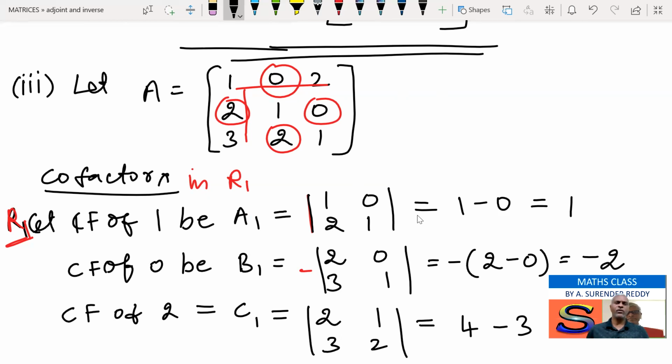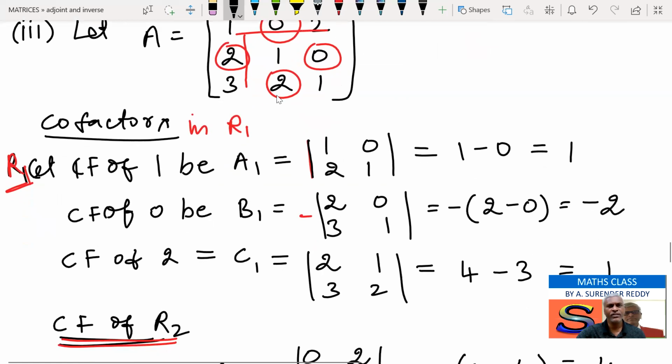First, selecting these 4 elements is very important. So neglecting the row and column. So for 1, neglect the row in which 1 is there, neglect the column in which the element 1 lies. Then take the 4 elements. Like that for each element,